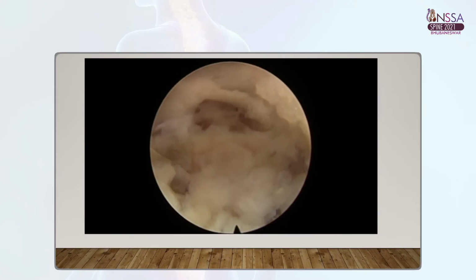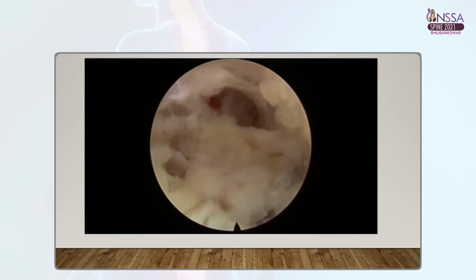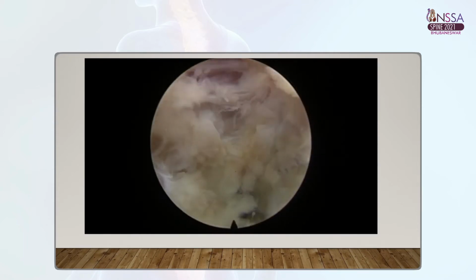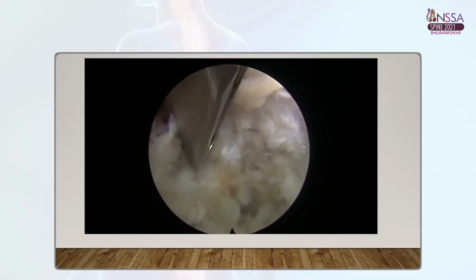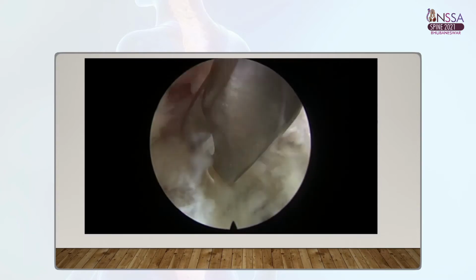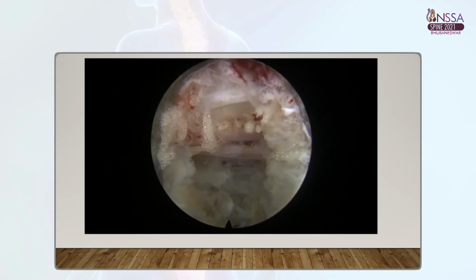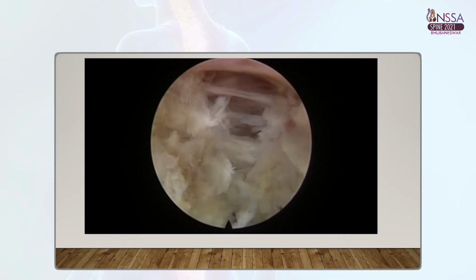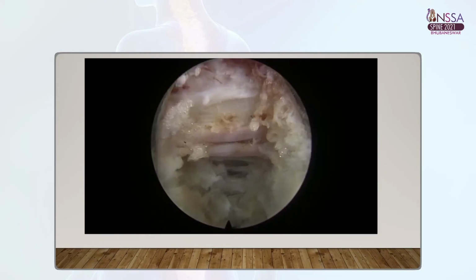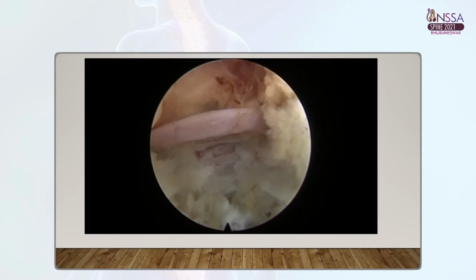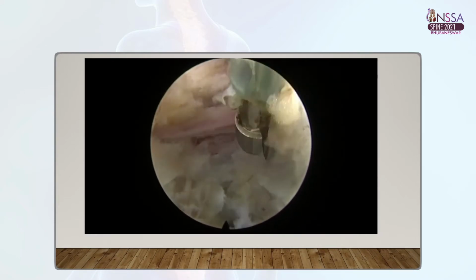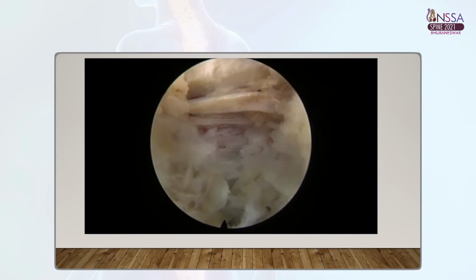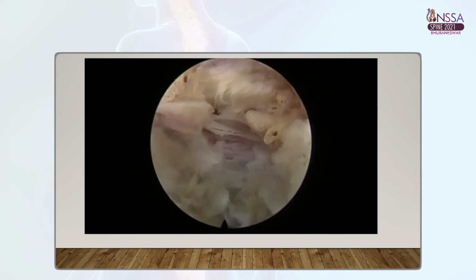Now you can see a good floating thing there, and you can see the thecal sac or root there with thin streaks of blood vessels. Once that is done, now we need to decompress the root all around. So just remove some annular fibers, and you can see a transversely lying lumbar artery and lumbar vein, which need to be removed to decompress the lateral recess. I cut the lumbar artery. Now I'm coagulating the lumbar vein, and once it is coagulated, I just cut them.